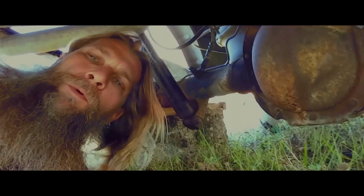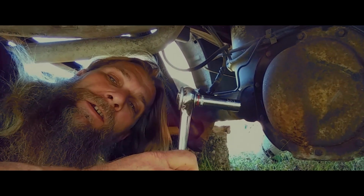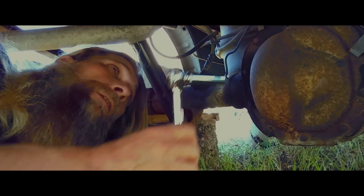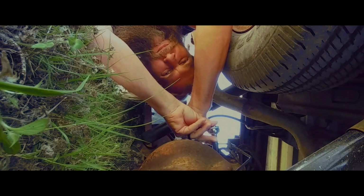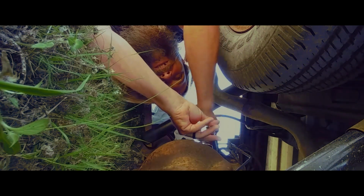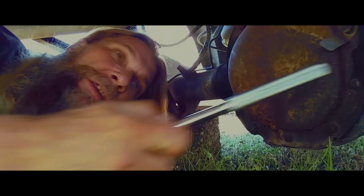In my particular Ford, it appears that we are running the 1/2 inch. Get your 1/2 inch and let's dig in. This has probably never been cracked into since this truck was born. One thing you're going to want to note when you're under here and you start busting these bolts loose is